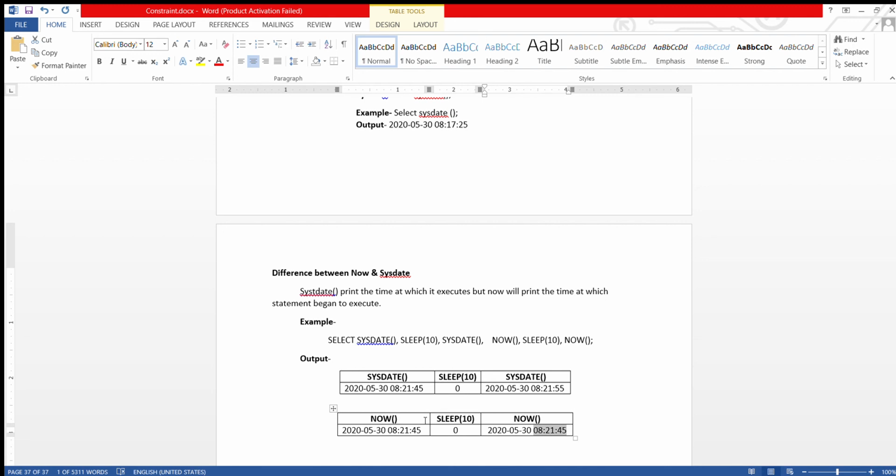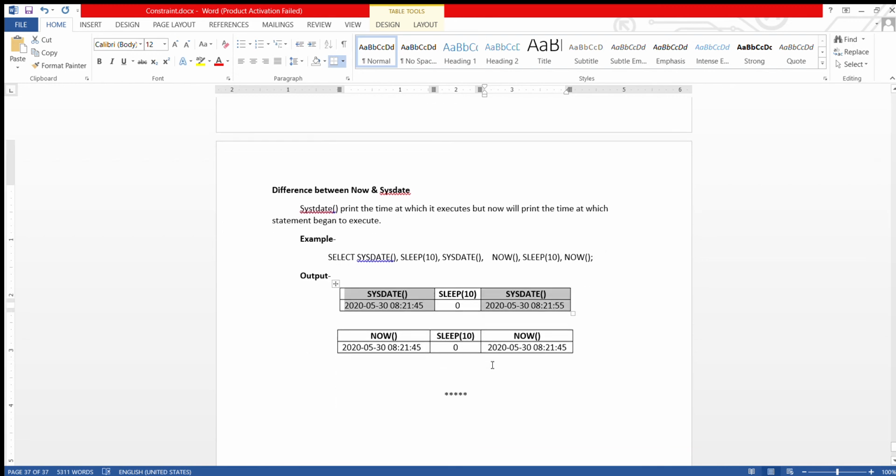That's why there is no difference between these two commands, the first now and the last now. But in sysdate, just see the difference, a 10-second difference is there. Why? Because sysdate prints after execution. So this is the difference between sysdate and now. Thank you.